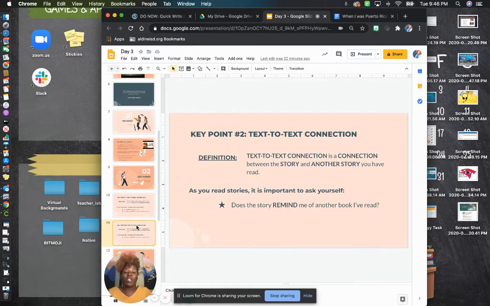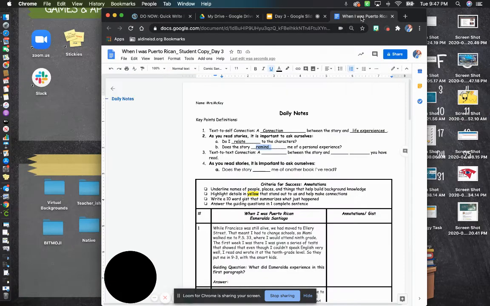This is a skill you're going to need throughout your whole entire academic career, in ninth grade, 10th grade, 11th grade, 12th grade. And when you get to college or university or tech school, or even if you decide to go straight to work, you're going to need to know how to connect the text to yourself and connect the text to another text.